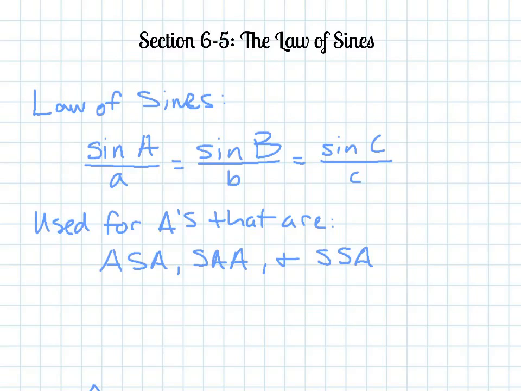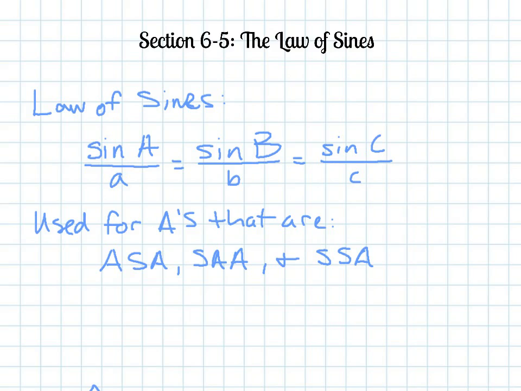Today's lesson, section 6.5, we'll be talking about the law of sines. Now, I have stated what the law of sines is. The law of sines is the sine of your angle over the side opposite of it, so sine of A over a equals sine of B over b, which equals sine of C over c. So this is basically just a proportion